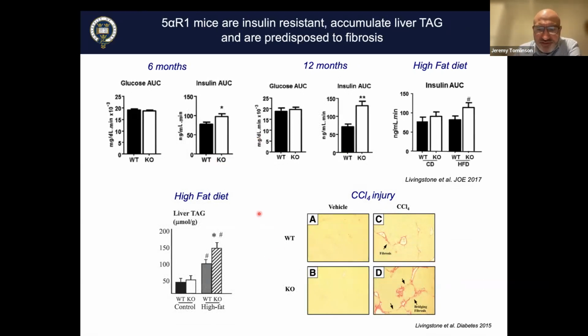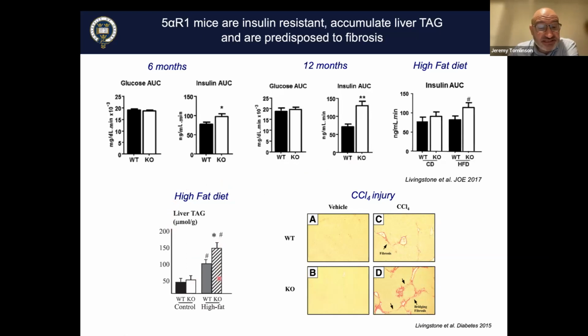This is work with Dawn Livingston and Ruth Andrew, who were also working on 5-alpha reductase knockout mice, and they did a more in-depth analysis of the phenotype. And again, they showed that these mice were insulin resistant. Here we've got the 5-alpha reductase type 1 knockout mice with elevated insulin levels under a glucose tolerance curve, and that persists not only at 6 months but also at 12 months. You see changes in insulin action on a high-fat diet,